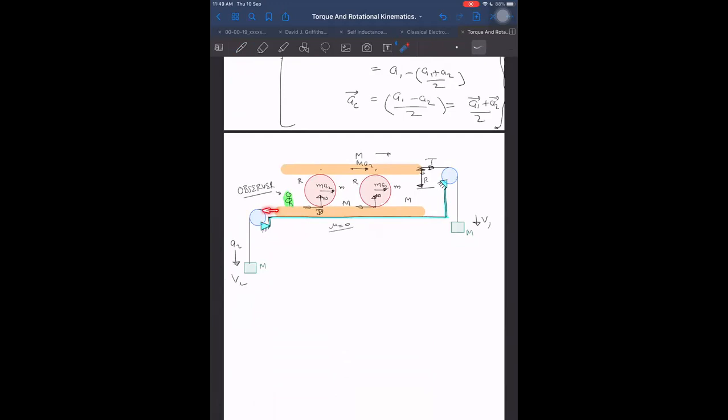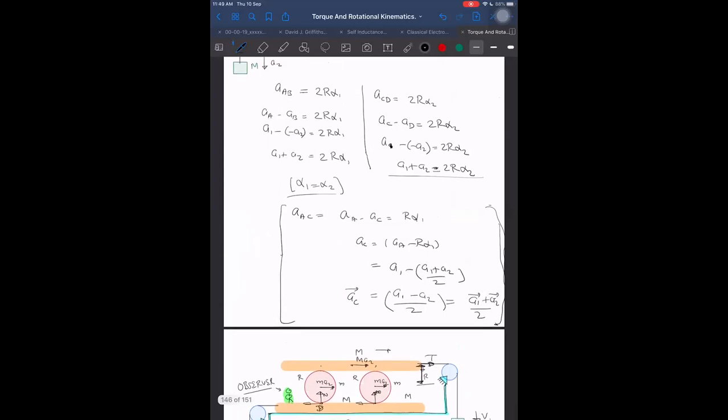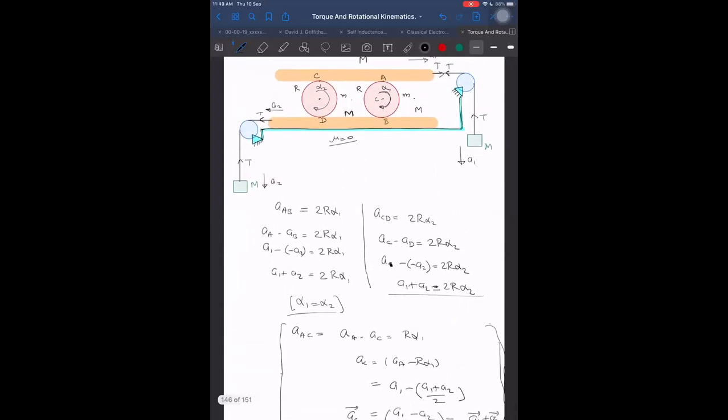This is tension T. Let us see whether we can get it or not. First of all, I want you to relax. Understand, our aim in this question is not to get the answer as much as to understand and analyze.